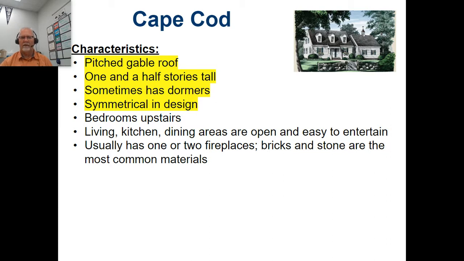Oftentimes, what we say is 1.5 stories tall. You can kind of see in the picture here. There's one story down here, but we're kind of limited up here. It's not a full boxy upstairs, so it's referred to as a half story up there. Oftentimes have dormer windows. I pointed that out earlier, but those are these little windows that look like they stick out